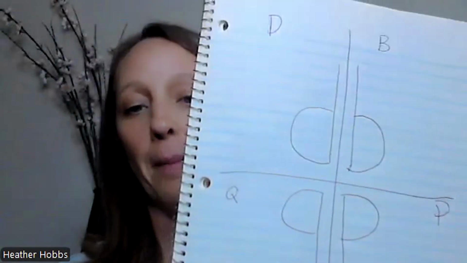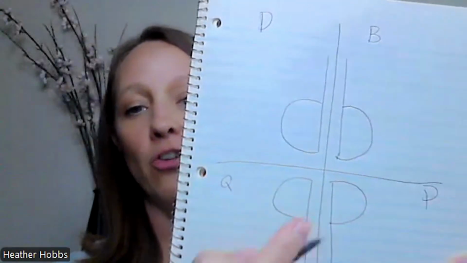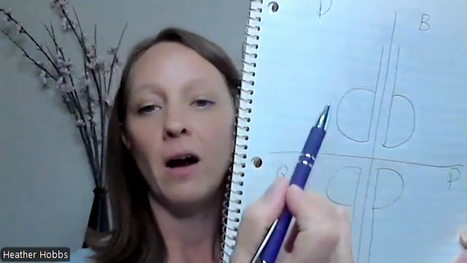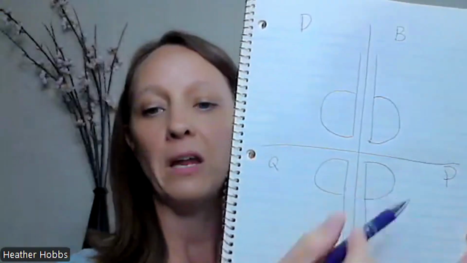So this is going to be, I know this is backwards probably from the video. So this is a B, this is a D, a Q, and a P. And for a time, I would just write the capital letters there. And then you just have your kids point to them, which quadrant they're in, and name what quadrant they're in. So you would say B, D, Q, P, and you would just practice going back and forth randomly, having them